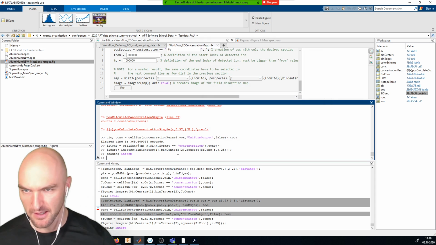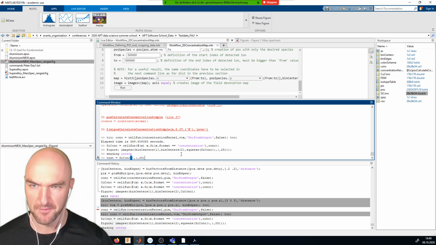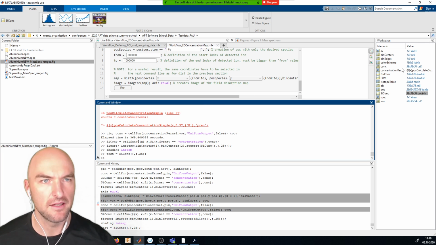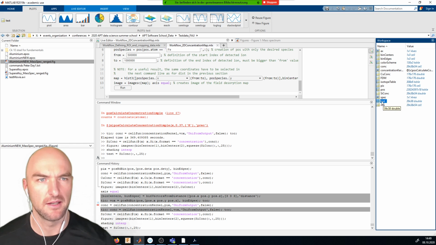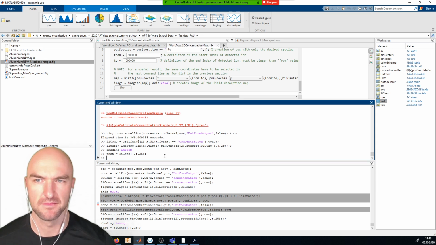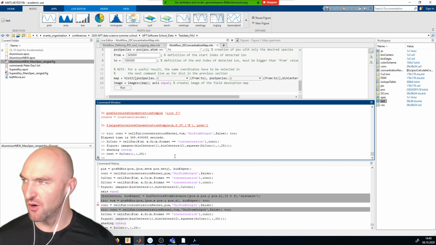Okay, I forgot how to do that. But essentially, if I go test equals silicon concentration all 25, then you will see that... where's our test? Why has it gotten so laggy? Something is not quite right. Oh no, it did the squeeze by itself. Huh. Anyway, so